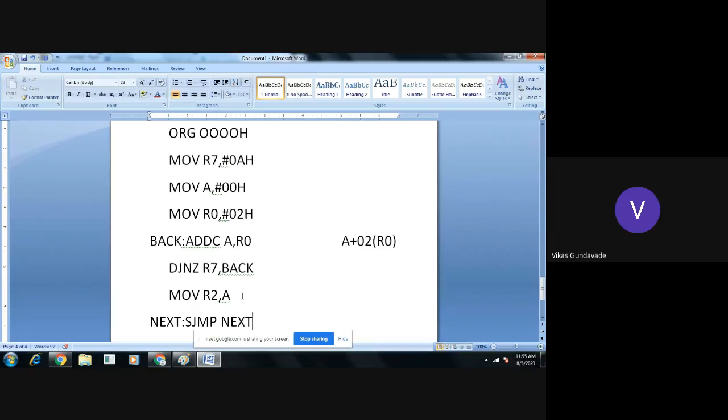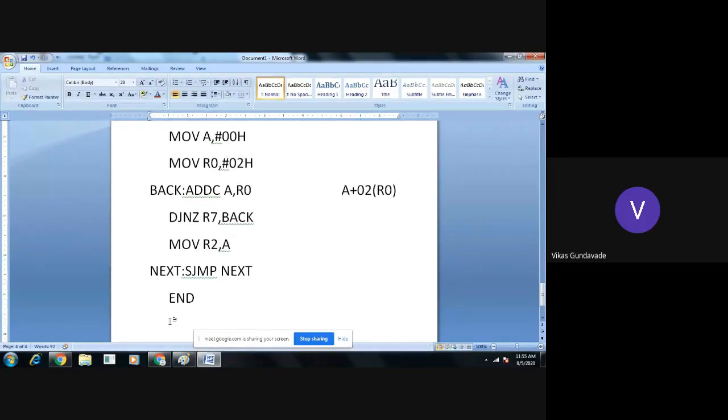After transferring the contents into R2, the next instruction to be executed is the unconditional jump SJMP, which jumps to the labeled location, and the label is provided at the same address. So for infinite times, it will remain in this loop and it will not execute the end instruction.